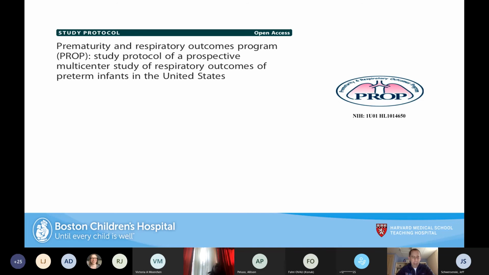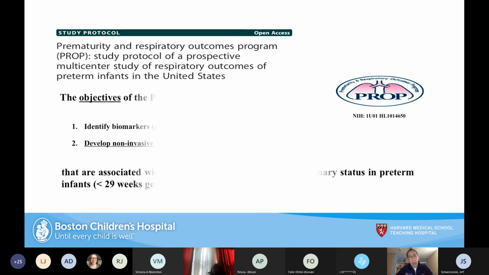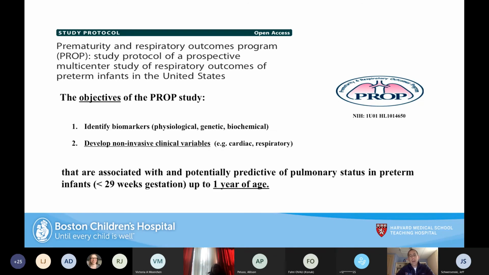So to begin our odyssey and our journey, I had the fortunate opportunity to work with the Premature and Respiratory Outcomes Program, or the PROP. It was a multi-center study sponsored by the NIH. We recruited over 800 babies, where the objectives of the PROP were to identify biomarkers and develop non-invasive clinical variables